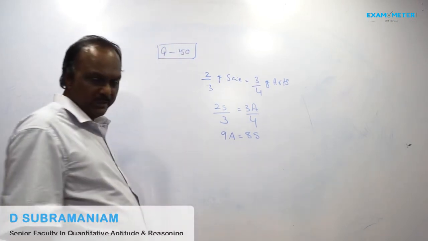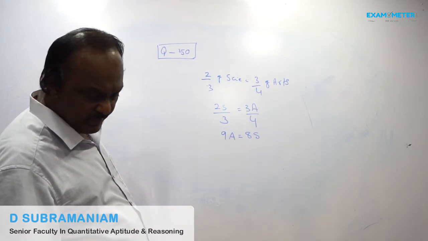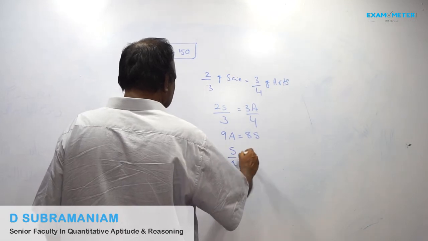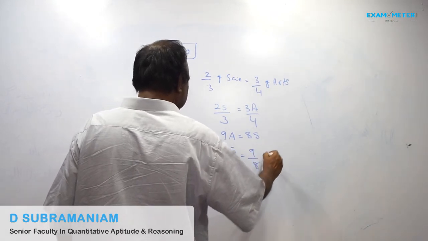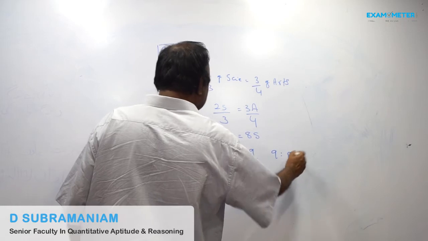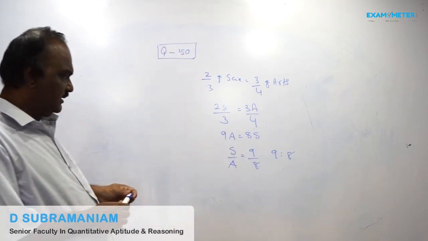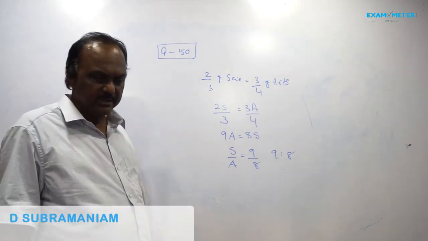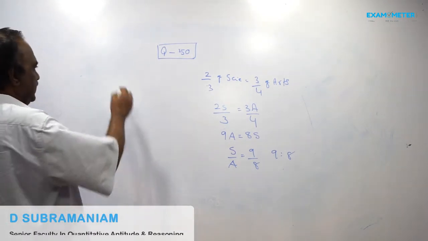9a is equal to 8s, so s by a is equal to 9 by 8, or you can write it as 9:8 in ratio form. Again,